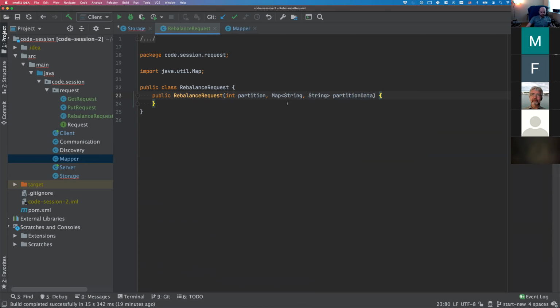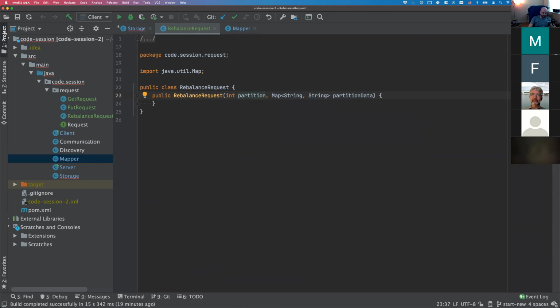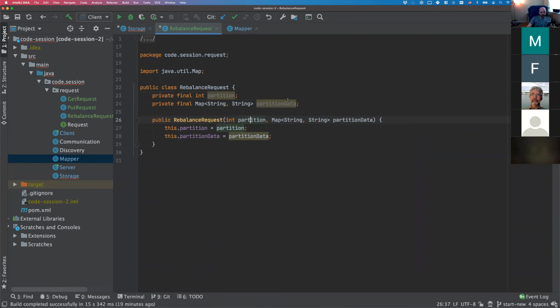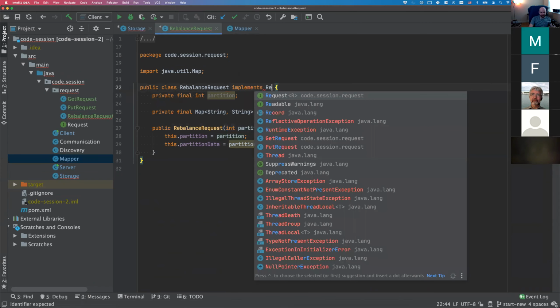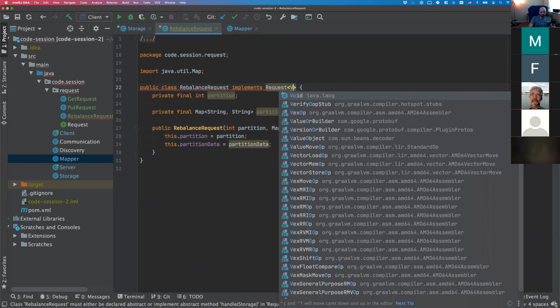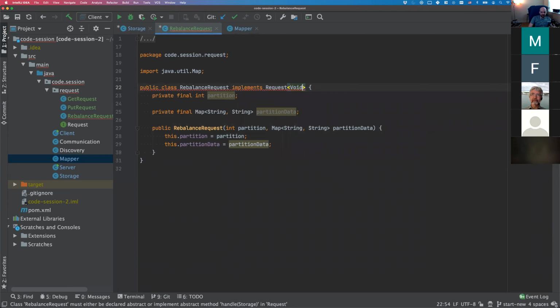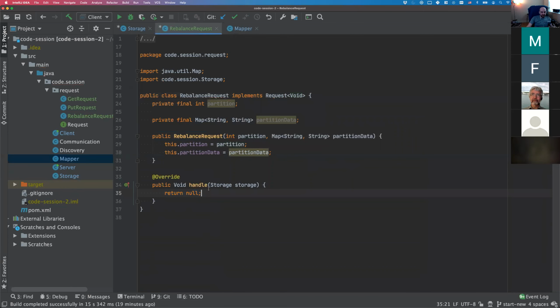So I need to send the partition number and partition data as fields like this. So I will edit here, and I also need to implement request. We don't have a return value, so I can just use void here, and I have to implement the method. And here within the